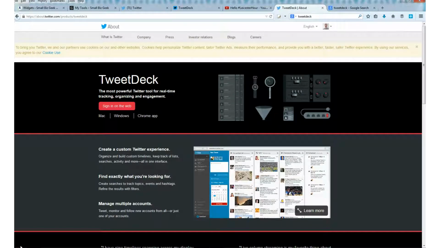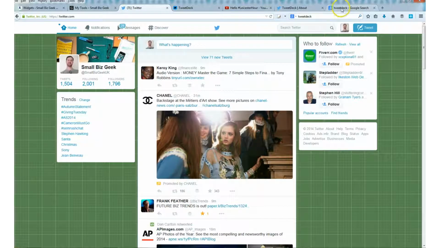This is about Tweetdeck, which is a Twitter management tool. Twitter actually bought this tool in 2011. It was previously developed by a third party. It's free to use. All you need to do is make sure that you're signed into your Twitter account first,